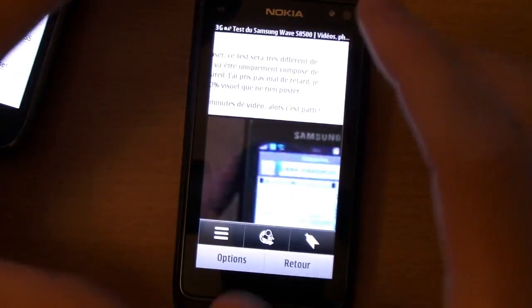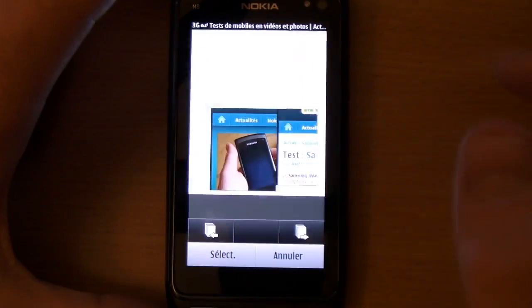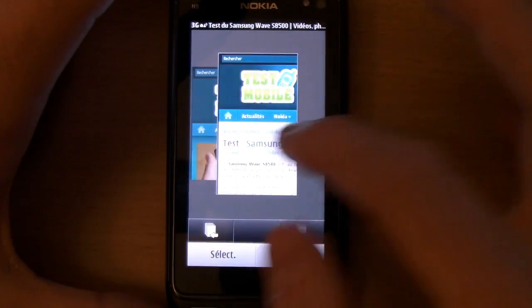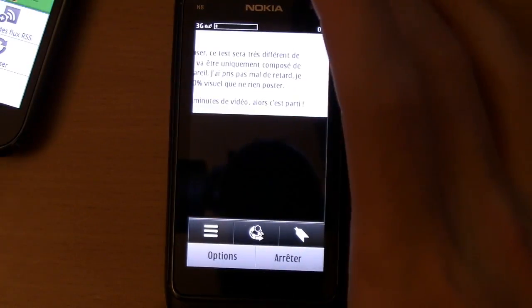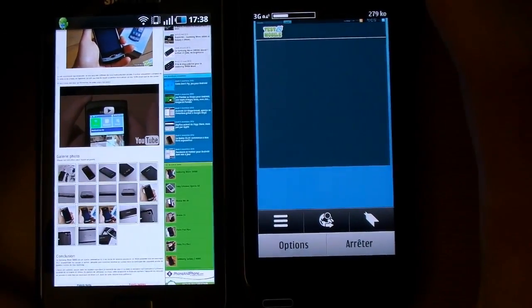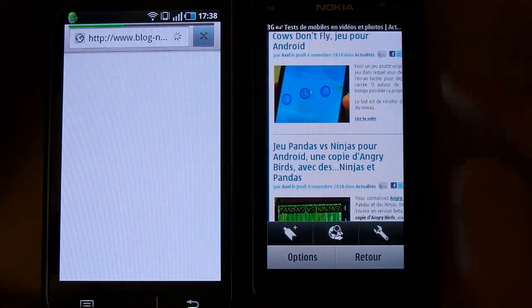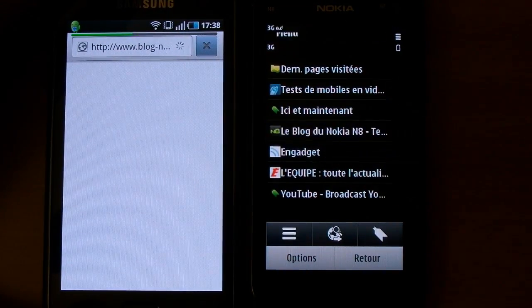And if you want to go back, you press back, and you have this little thing so you can see where to go. It's fine. It's working fine. So let me go to another website. So now I'm loading another website called